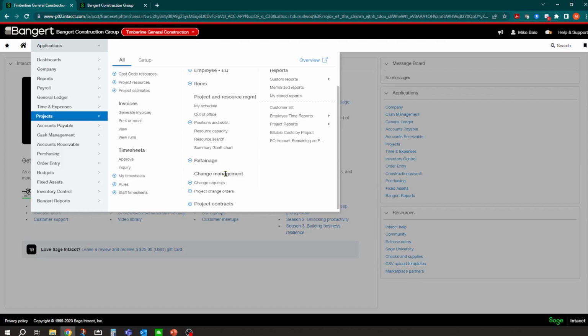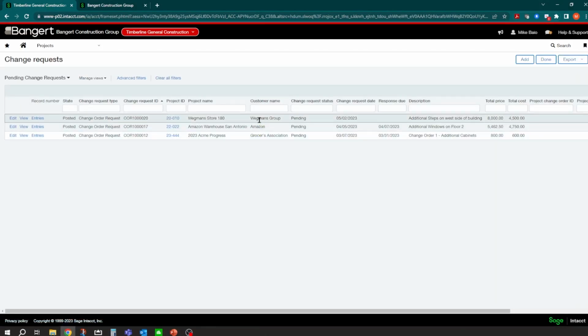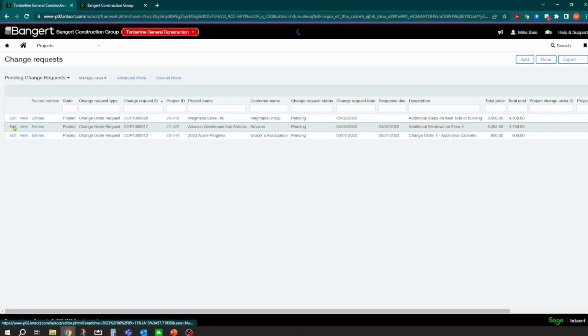The change management will go into great detail in tracking your change orders from owner's perspective and then automatically reporting on them down to the vendors. But one thing you can do in here, I do want to touch on, is when a change request comes in, you'll notice one of the things you can do is, let's go to pending change orders here. I don't have it on this view, but let's go into this one.